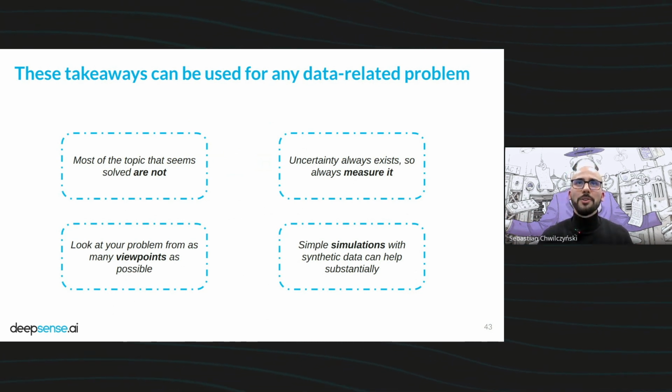Okay, to sum up, here are my 4 key takeaways. I covered 4 problems, but maybe it was not so much about the problems. It was mostly about what to do to prevent problems and how to do this. First, topics that seem solved are not. The quantification problem, missing data problems, feature selection are still highly researched topics. So if you have